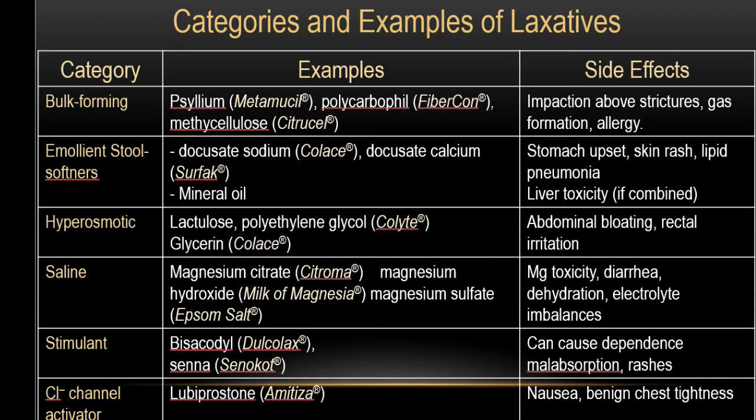And let me give a word of caution here. Never give laxatives, especially the strong, stimulant ones, to any patient with acute abdomen, because this could be some mechanical obstruction that needs surgical intervention. Never give laxatives to a patient who presents with acute abdomen and constipation before surgically exploring this patient to see if there was some mechanical obstruction. And as I said, the recent laxative which has become very popular in the management of irritable bowel syndrome, lubiprostone or Amitiza, which is a chloride channel activator.